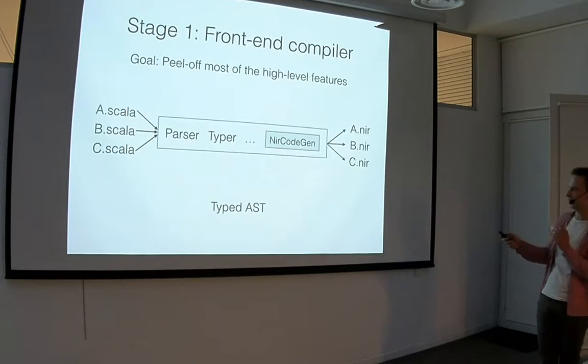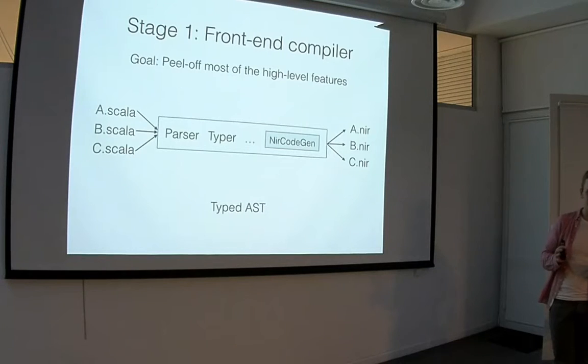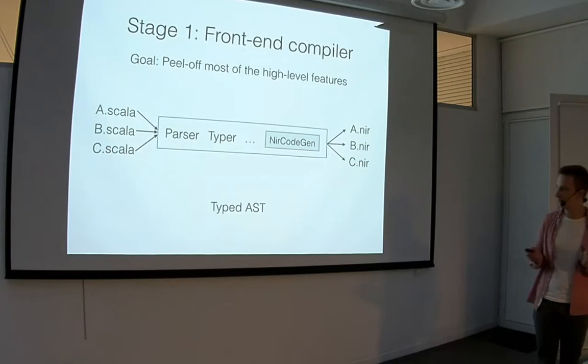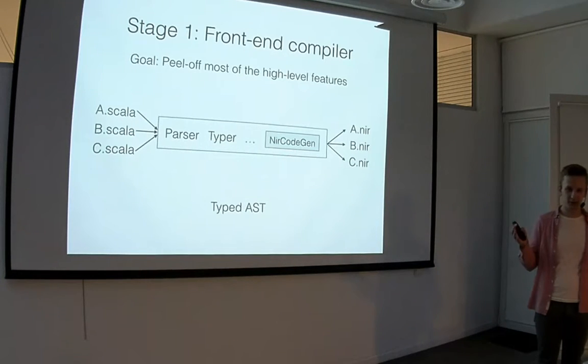So this list is actually really long. Do all of the nice stuff to your code until it looks low-levelish, but you still have classes. So it's not C or C++ code. It has classes, it has GC, and so on and so forth. And here you get to this code gen part. Code gen translates from one representation to the other.